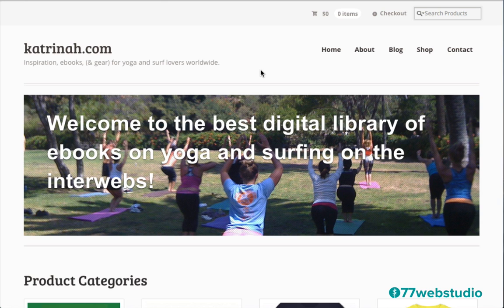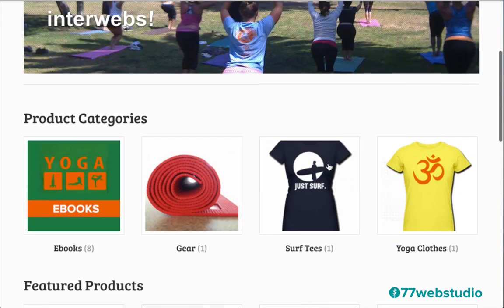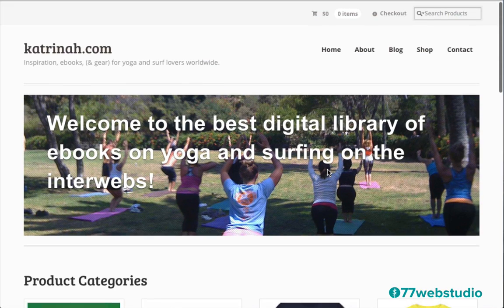Now there's two really important features that I want to point out about this specific free WordPress e-commerce theme called My Style. Number one, this is a responsive theme, which means that this website is going to look amazing, not just on desktops and laptops, as we see here, but it's also going to look really, really nice on mobile devices, including smartphones and tablets. So if you have an Android or an iPhone or an iPad or some other kind of tablet, this particular website is going to resize to fit the new size of the device.